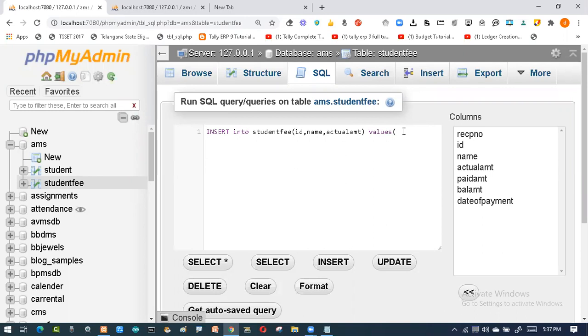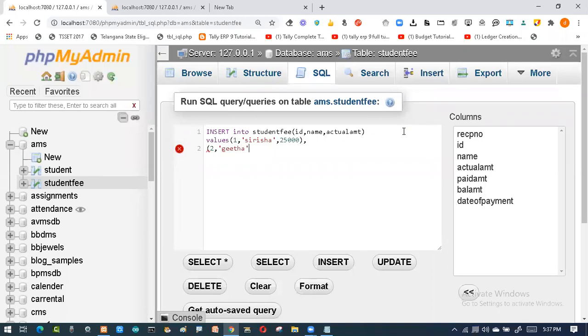So roll number one, their name is Sirisha. Then actual amount for fees is 25,000. Okay. Then I have roll number two. Her name is Geeta.